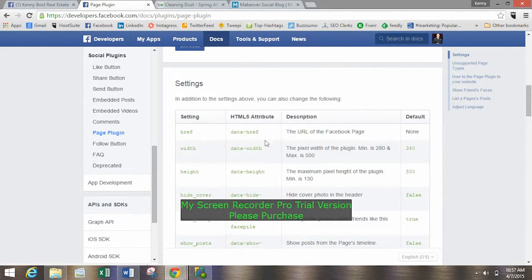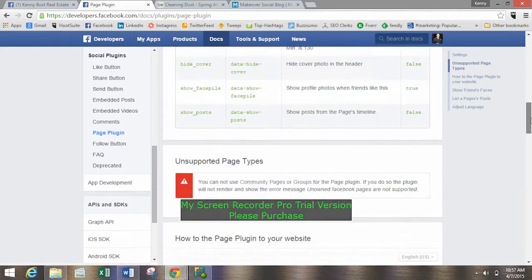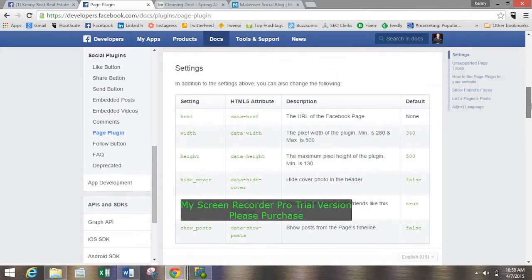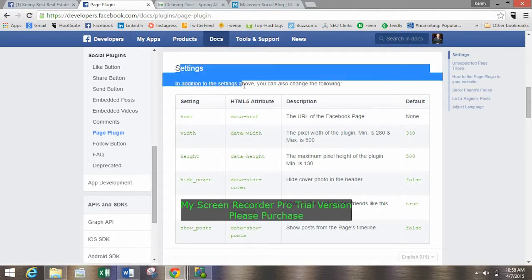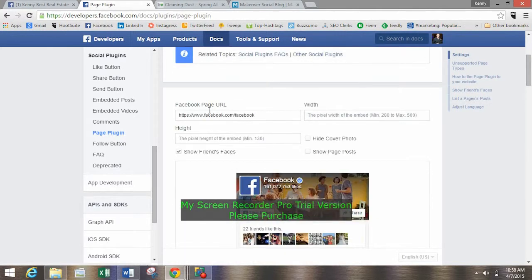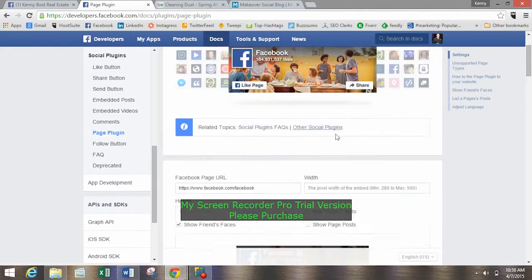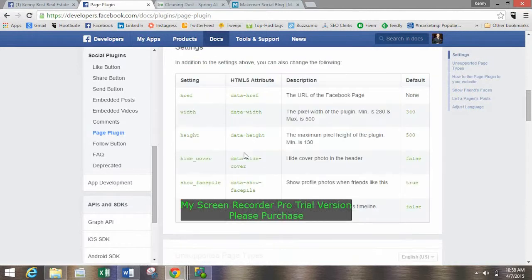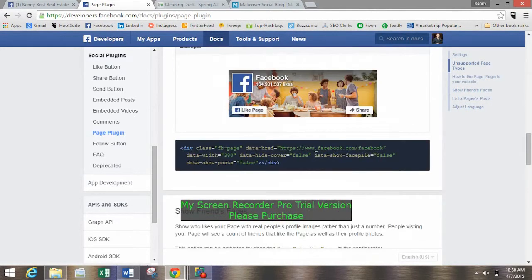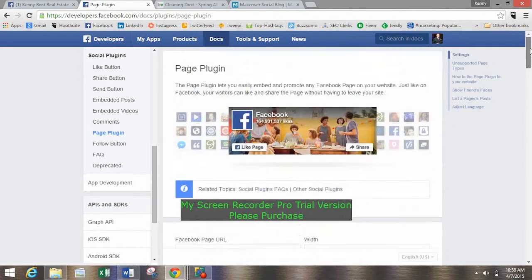And down here, it's going to start getting super technical. So this is all just for you to send to an IT guy if you have one, or get in touch with someone who does websites, and they can just go ahead and add that on there. You just put the URL in, how big you want this image to be, and you paste the code in there, which looks like this. But you guys just go ahead and send that to an IT guy, and they can handle that for you. That's number one. Number two is going to be blogs.